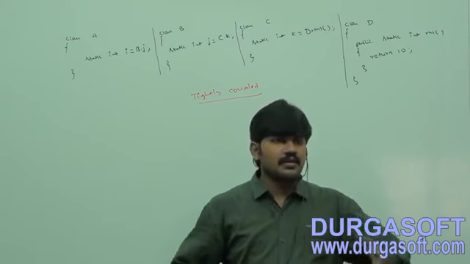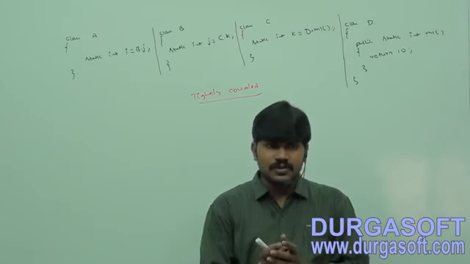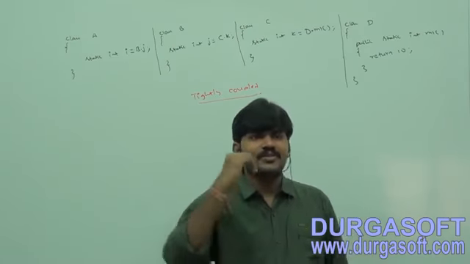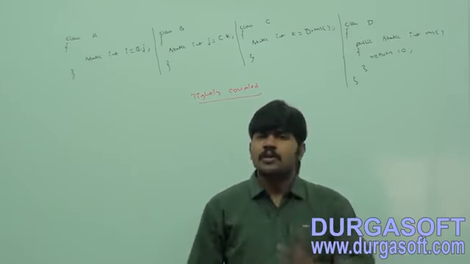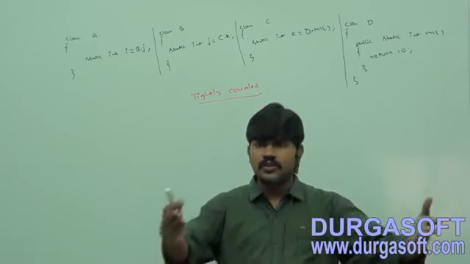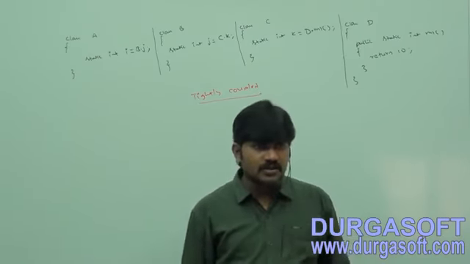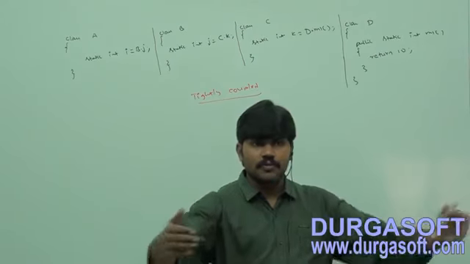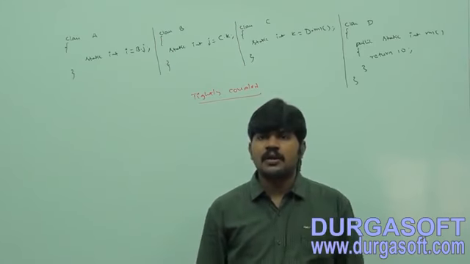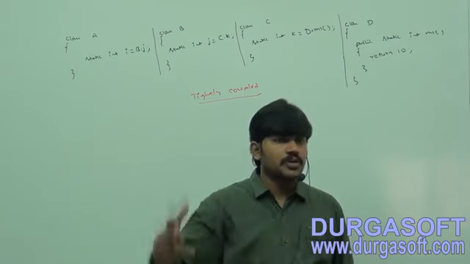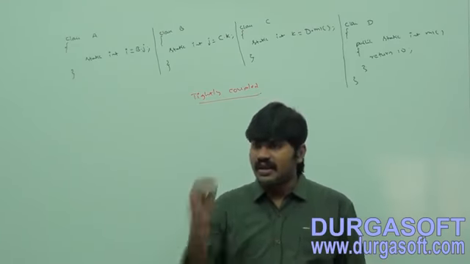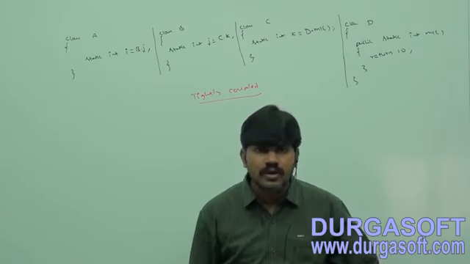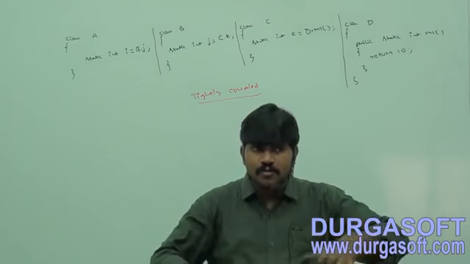Sometimes even in apartments there are elections. Who is the president of this apartment? Who is the vice president? N number of issues, politics and so on, right? But if I am taking an independent house, as usually in our villages everyone has an independent house, there should not be a problem at all. In the apartment, if several people are coming to my house for a function, then automatically the apartment president is going to come. Lift usage is more, no, you should not use. N number of constraints we require to work with because we are depending. But with an independent house, no one is going to constrain. Are you getting? So less dependency, more dependency.